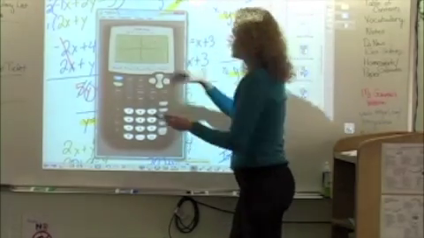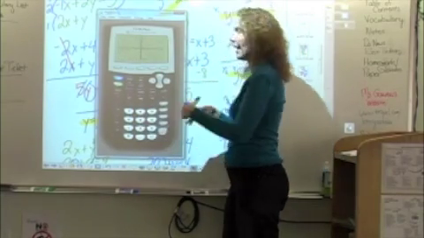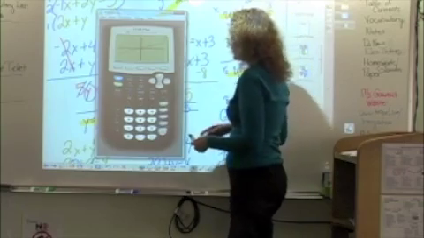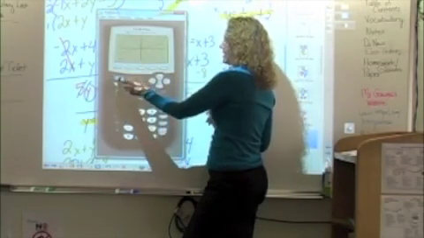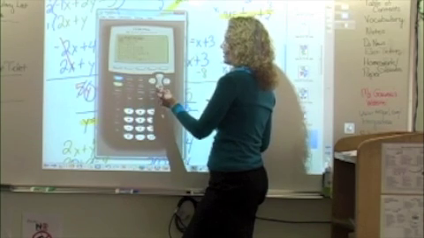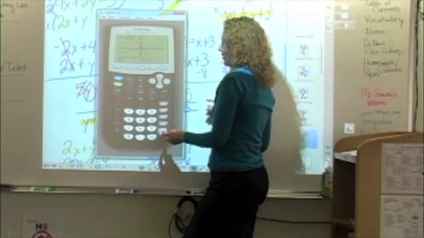If I don't see it, I can always zoom, come down, hit out, and it's going to zoom it back out for you so that you can see that. I see my intersection. I hit second trace intersect, which was number 5. Again, second trace, coming down to intersect. And then I'm going to hit enter 3 times. 1, 2,